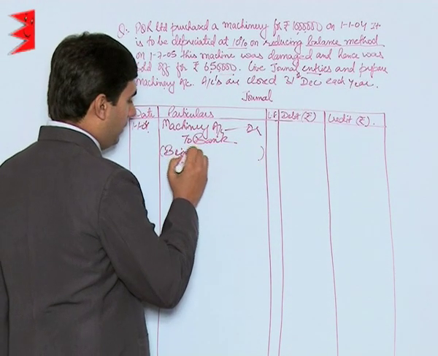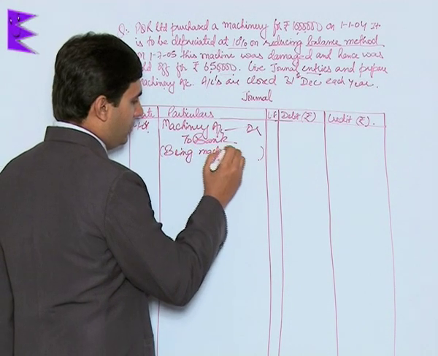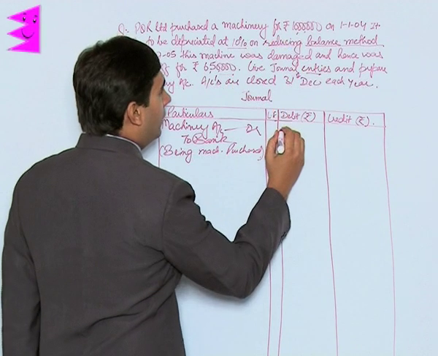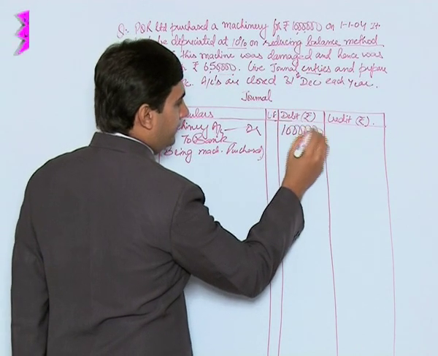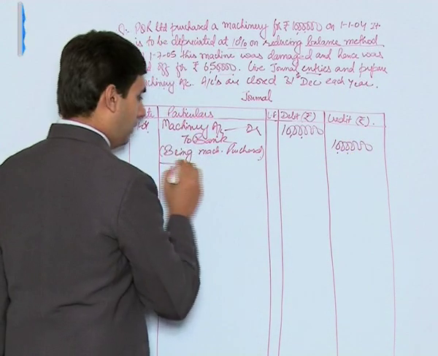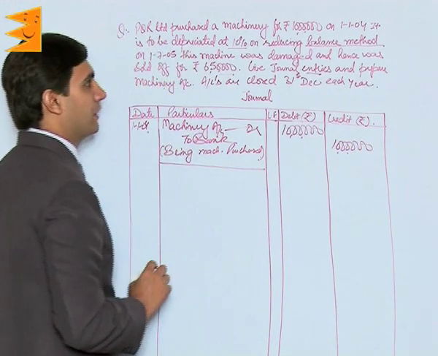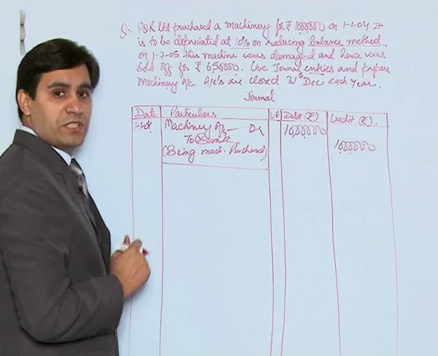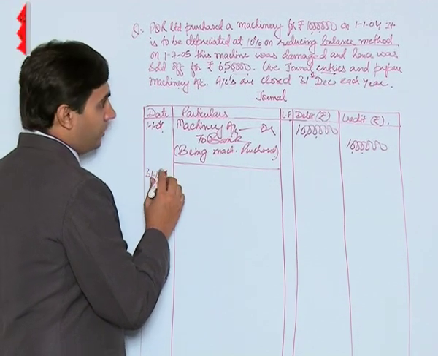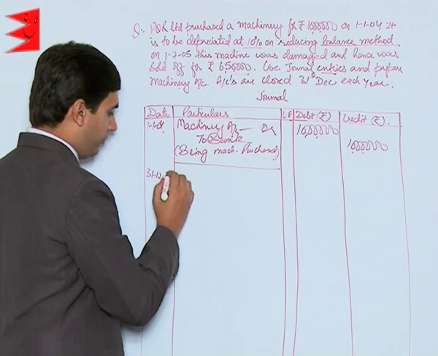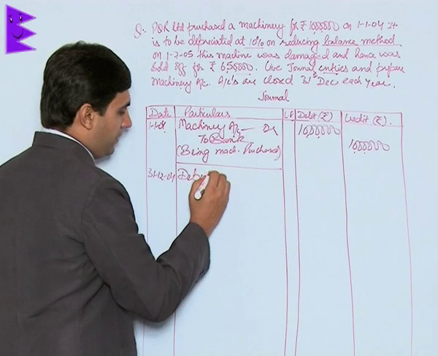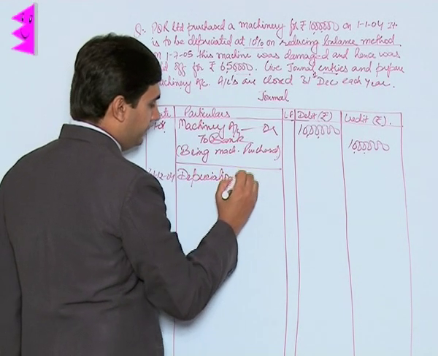Narration would be being machinery purchased, and the amount would be rupees 10 lakh. This entry signifies that a machine has been purchased during the year. There is no purchase or sale, so at the end of the year, that is on 31st December 2004, depreciation would be charged,